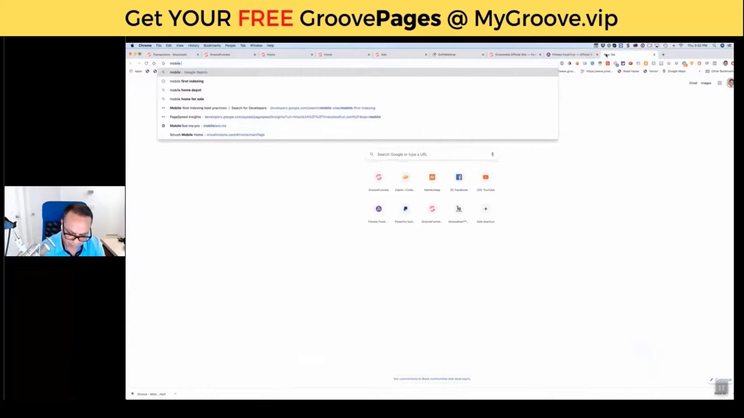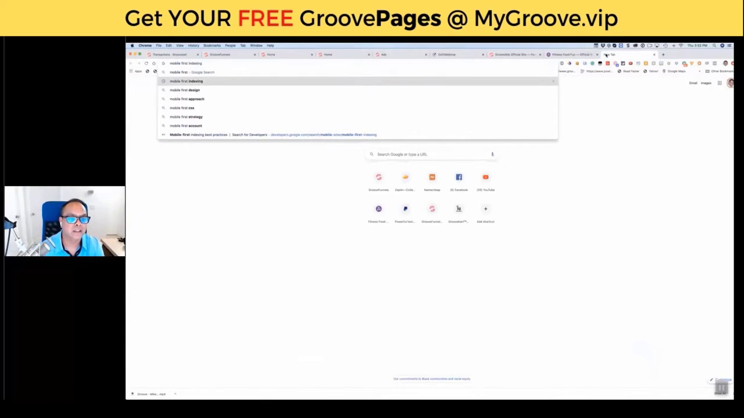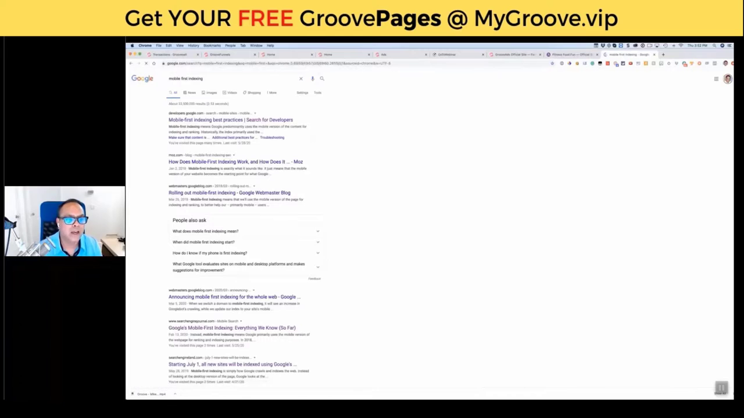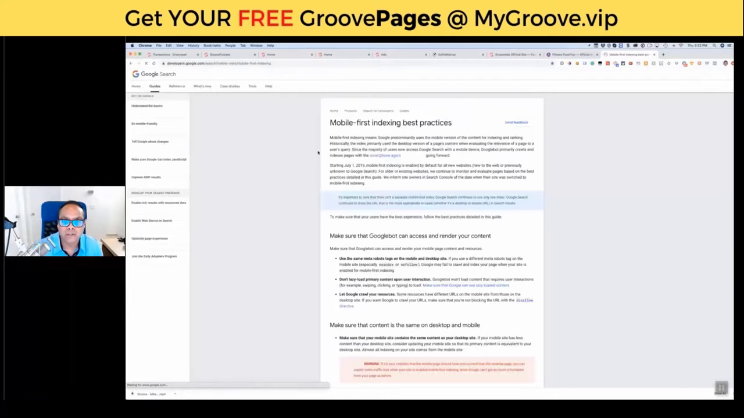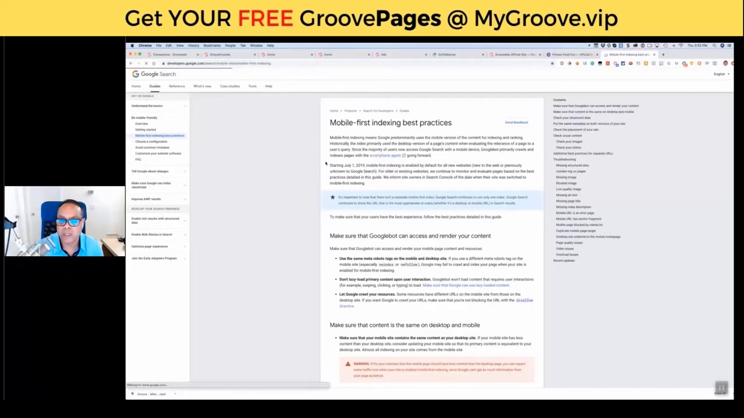Mobile first indexing. Let's do a search for that. Well, what do you know? The first thing that comes up is developers.google.com. Let's click on it. What are they telling you? Starting July 1st, 2019, Google is only going to index your pages as they are designed to look on a